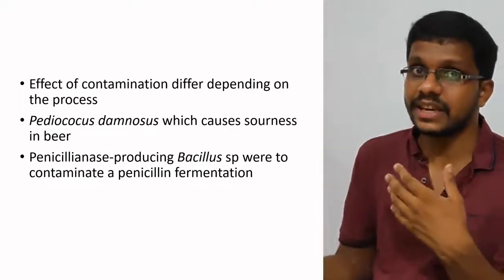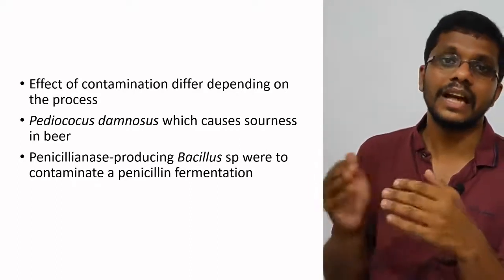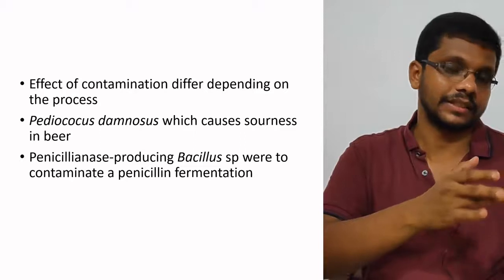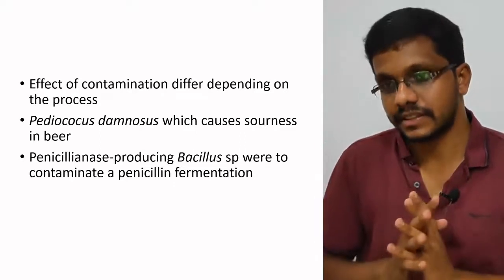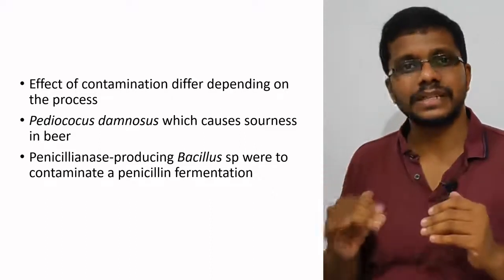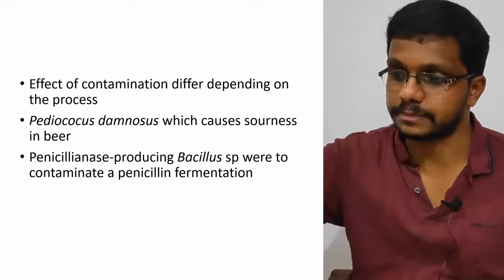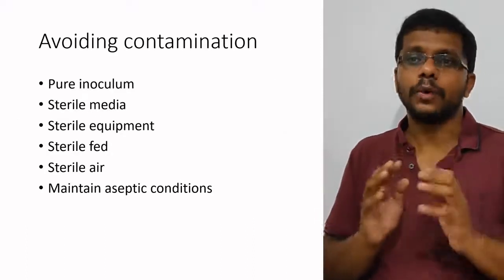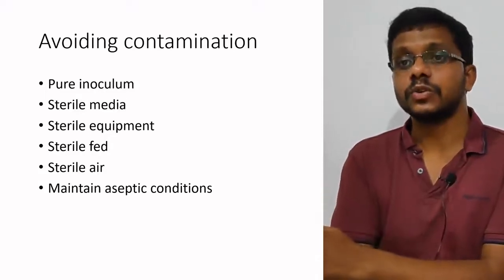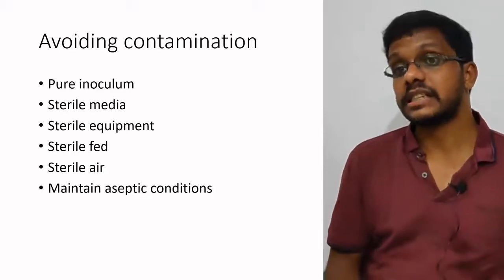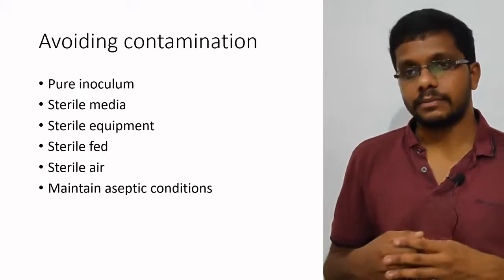So there are specific effects of contamination, and there is also a generalized effect of fermentation contamination. Whenever any contamination occurs, there will be a loss in yield, that's for sure. But there are also some specific types of effects by specific types of contamination by other microorganisms. So how to avoid contamination is very essential and very central to the bioprocess industry. There are different methods, different practices we follow to avoid contamination in the bioprocess industry. These are the main practices.